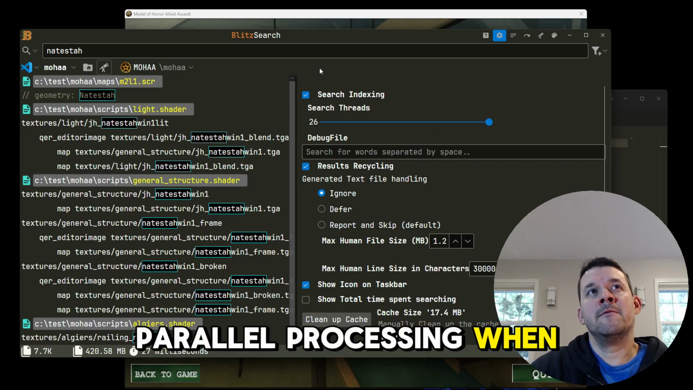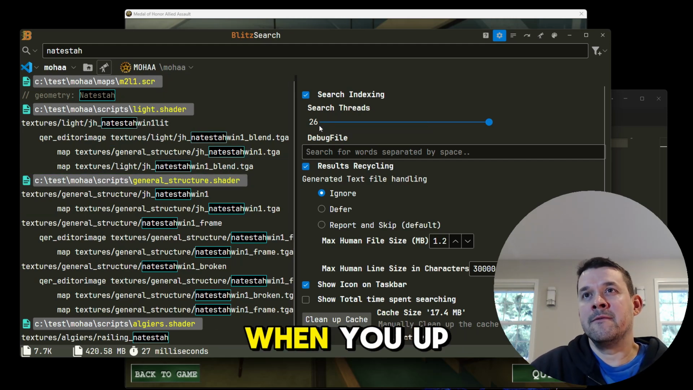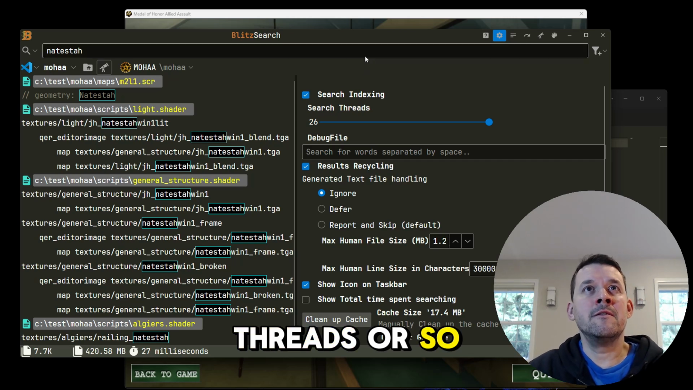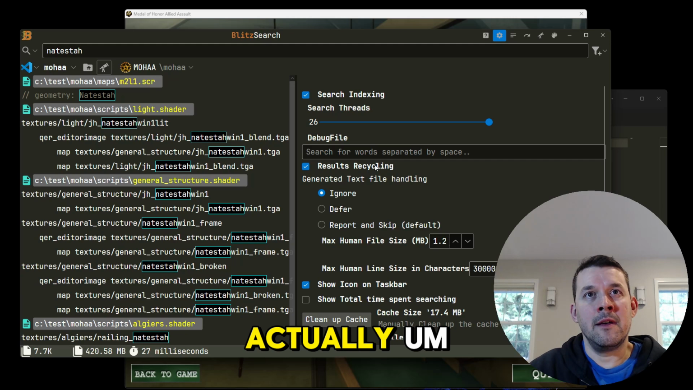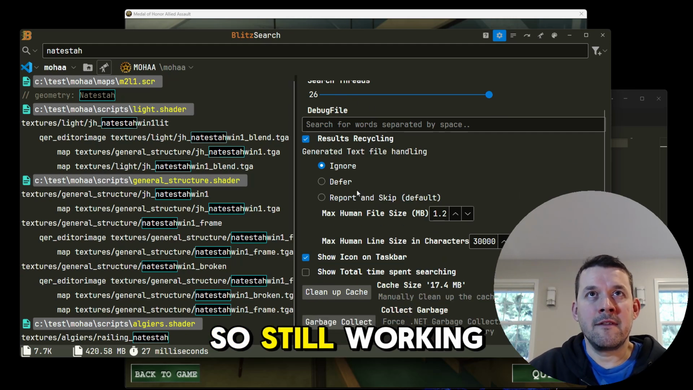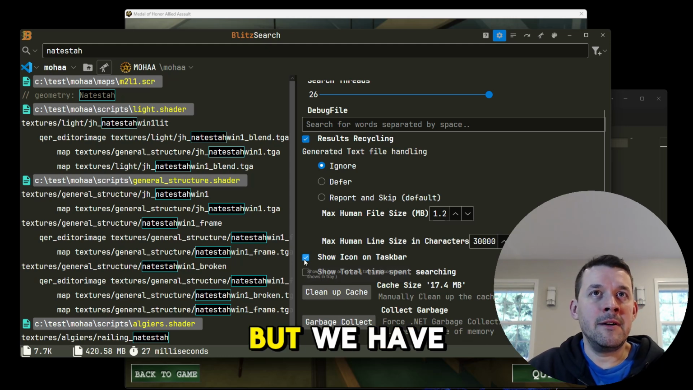Parallel processing, when it comes to I/O, I found that it only benefits up to like 4 threads or so, but I'm not sure actually. I'm still working on simplifying and reducing the stuff in here. But we have